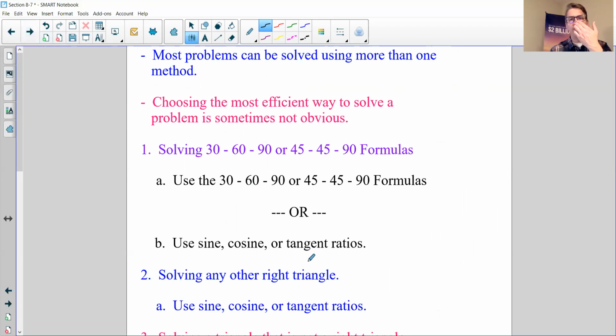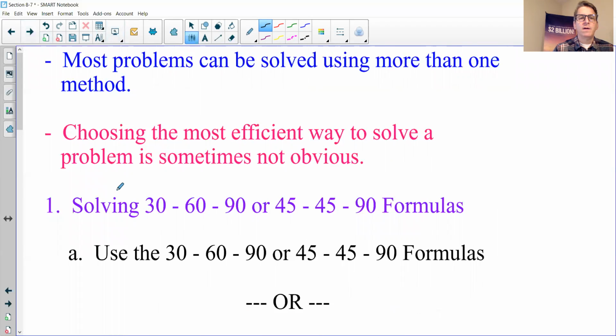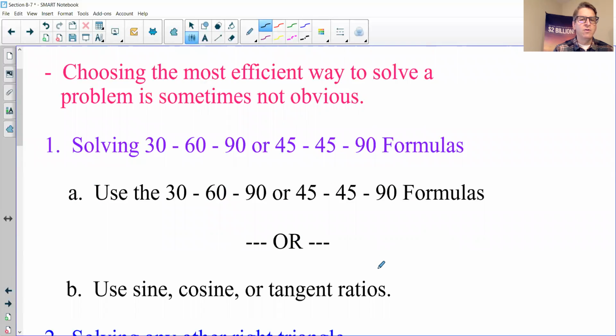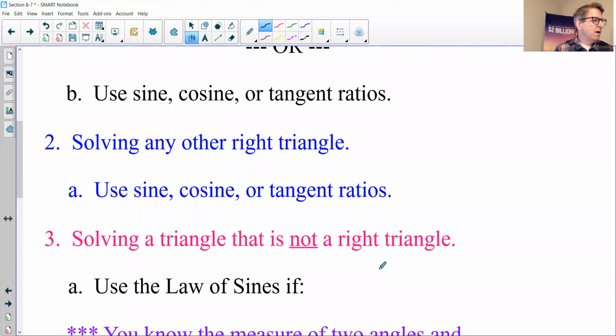Most problems can be solved using more than one method. Choosing the most efficient method is sometimes not obvious. Number one, solving 30, 60, 90 or 45, 45, 90 triangles, use the 30, 60, 90 or 45, 45, 90 formulas. We learned that a few sections back. Or use the sine, cosine, or tangent ratios. Number two, solving any other right triangle, you can use sine, cosine, or tangent ratios. Number three, solving a triangle that is not a right triangle, you have to use the law of sines